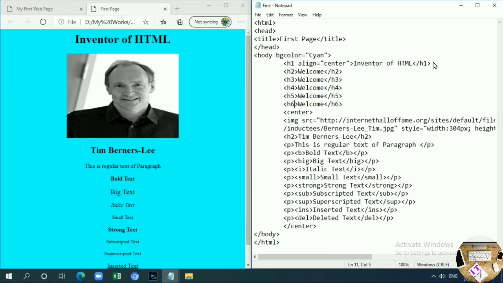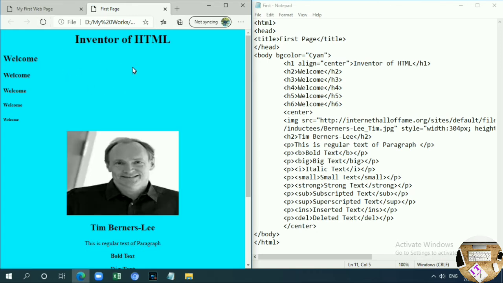Now I saved the document. Then I'm coming here and clicking the refresh button. Look, why is this heading of HTML coming in the center? Because inside the H1 tag I applied align equal to center. Align means the alignment of this text. Center alignment applied.